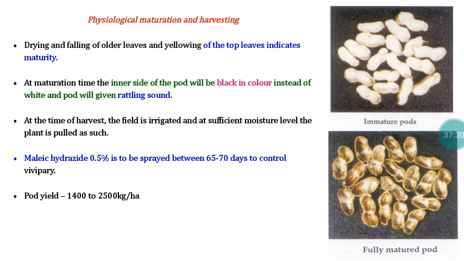But if the dose is in excess, 4000 or 5000 ppm or some more concentration, that will permanently kill the primary embryonic axis. So here the dose is very important. Dose and the time of application are very important. In this way, to some extent we can prevent the occurrence of the pre-harvest germination. So we will have a yield of 2400 to 2500 kg per hectare.